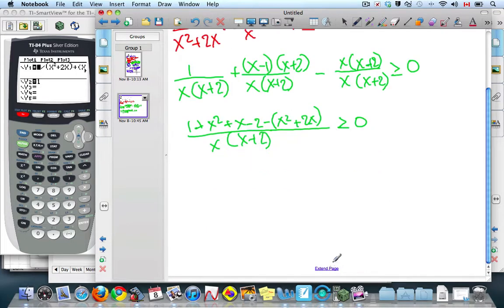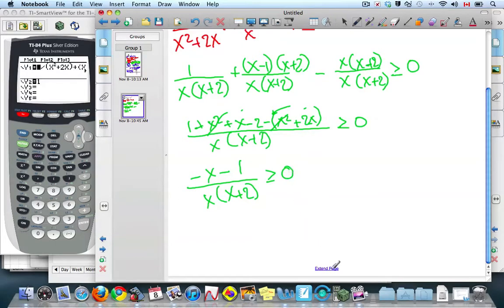Exactly. Okay, so now we have to collect like terms and put it together. The denominator stays the same. We look at the numerator. If we look at the top, we get x squared minus x squared, so they vanish. And the x's, I get x minus 2x. Don't forget that minus. That's a tricky one. So minus x. Then we have 1 minus 2, which is minus 1, and greater than or equal to